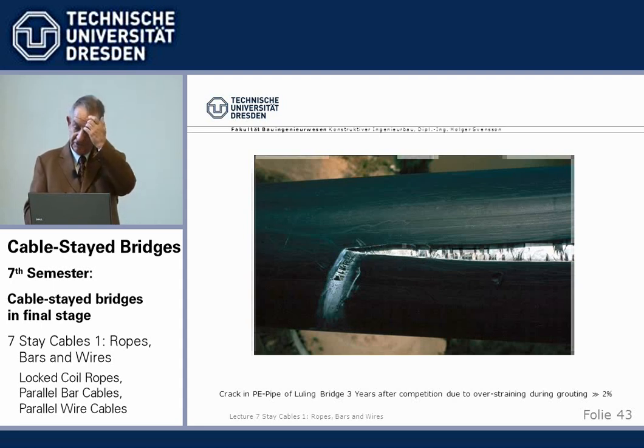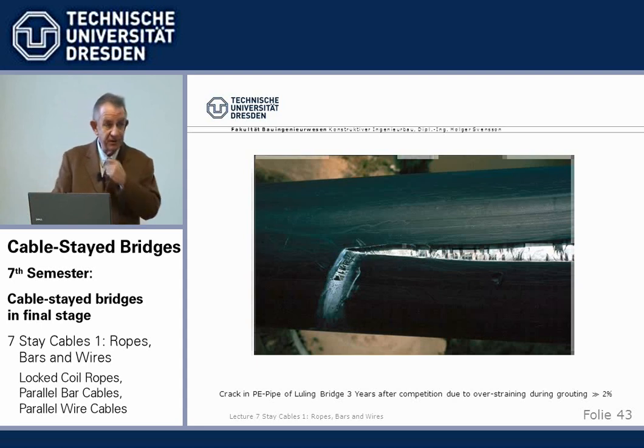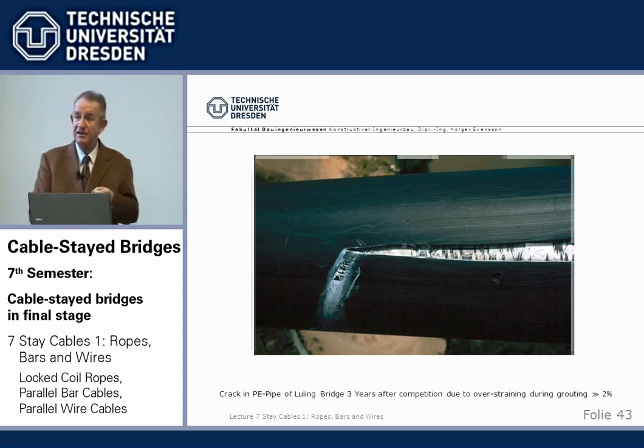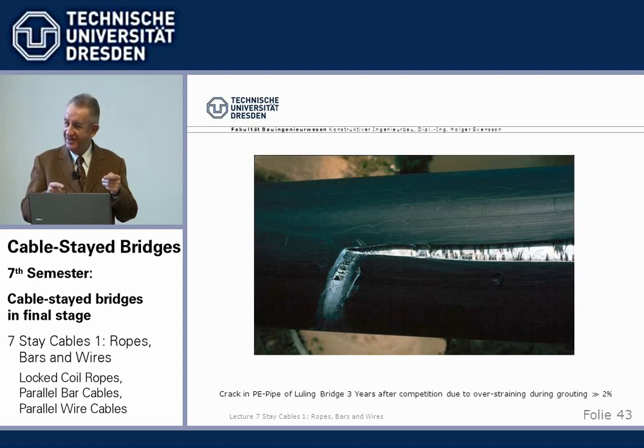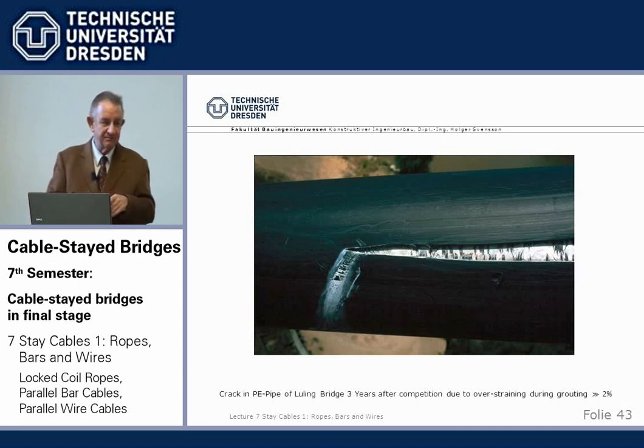You could also do things wrong with these, and that was the picture of the Luling Bridge in the US, which I had to investigate. After 3 to 5 years, cracks occurred in the PE pipes. And it took us quite some investigation to find out why, after several years, these PE pipes crack. It has to do with internal characteristics of plastics, which are quite different. In the scripts, you find a lot of things one can investigate. The idea is,